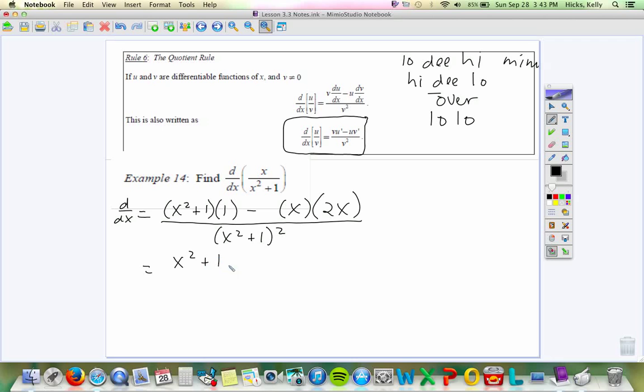So let's clean that up just a little bit. We would have x squared plus 1 minus 2x squared over x squared plus 1 quantity squared,